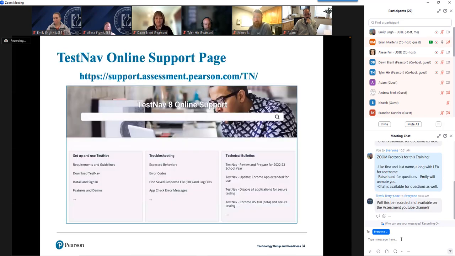The next one is the TestNav online support page, which is at support.assessment.pearson.com/TN. If you just go to the root URL to the .com, you can select TestNav and it'll get you there.